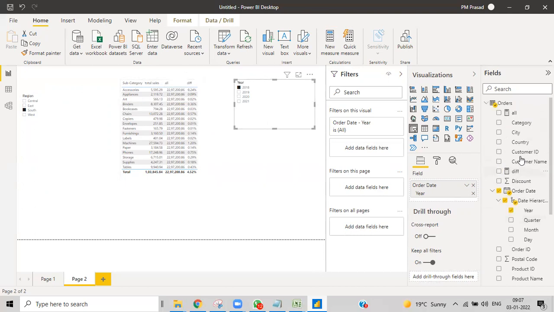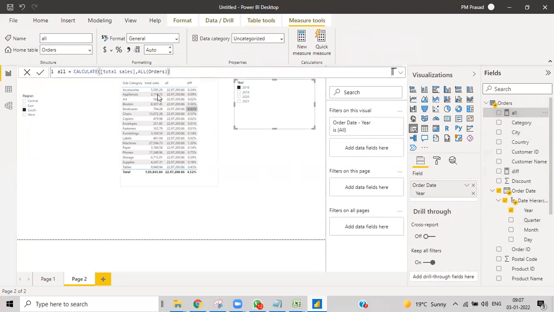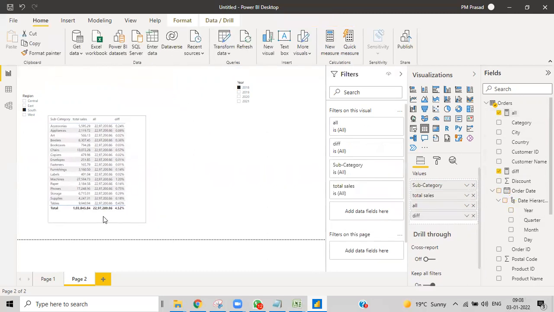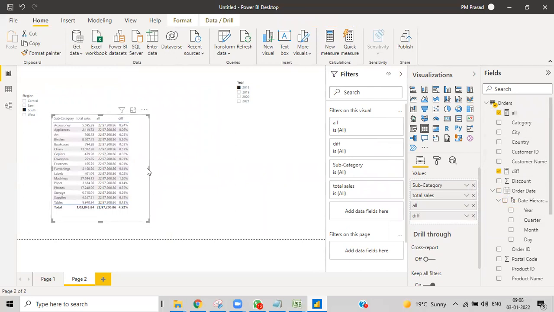I'll show you that measure also so that you can understand. So here I applied it upon the table. Whatever column you take in that particular table, even if you apply the filter, it doesn't take it. It ignores all the filters within the table. Within the table, whatever the columns might be, all the filters will be ignored over here. That is why this is important. That is why I'm giving too much explanation. Don't feel like, even though you understood, I'm telling it again and again.